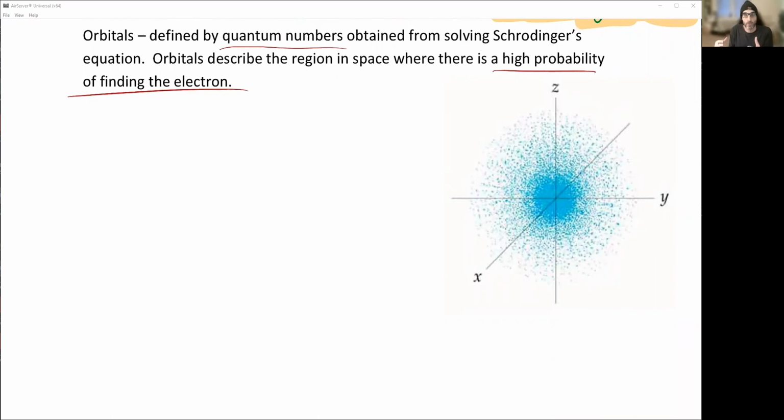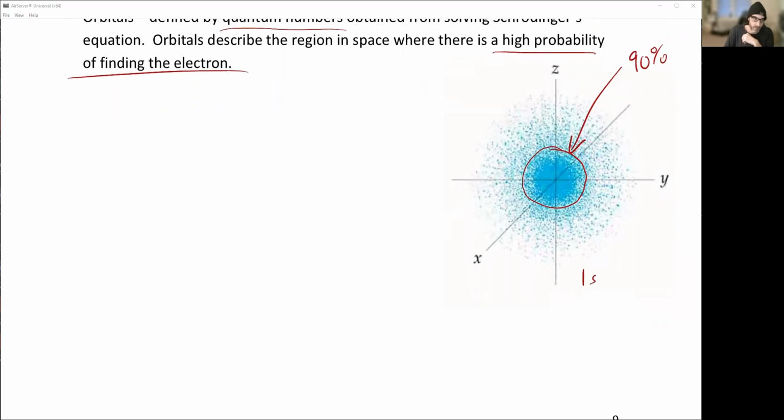Ultimately, we put this wave equation into a graph, and what we have is something like this. So this right here is the demonstration of solving the wave equation, Schrodinger's wave equation. And what we find out is we have a spherical probability of finding an electron. So because we can't know the location, there is a 90% probability of finding the electron within that location. Okay. And in fact, this is a 1s orbital, and we're going to understand what that is in a little bit. But what this actually looks like